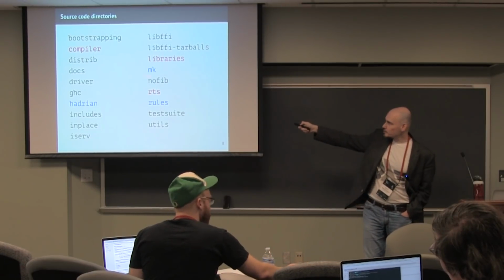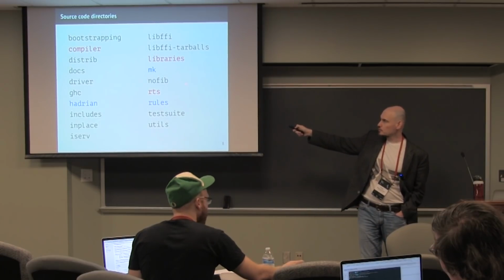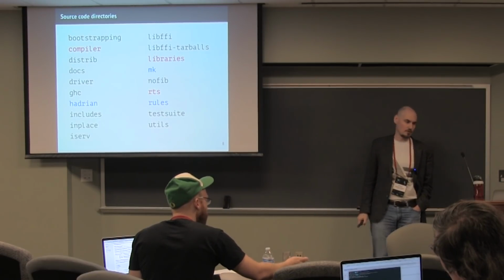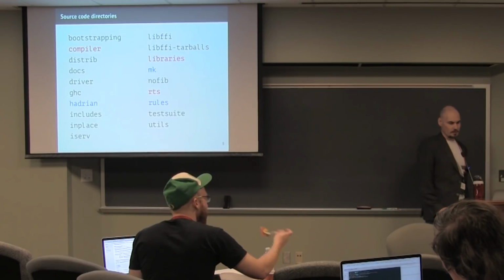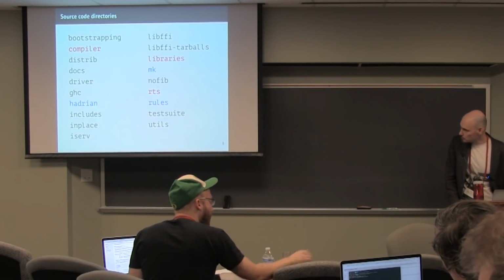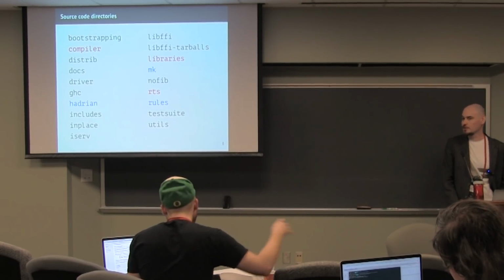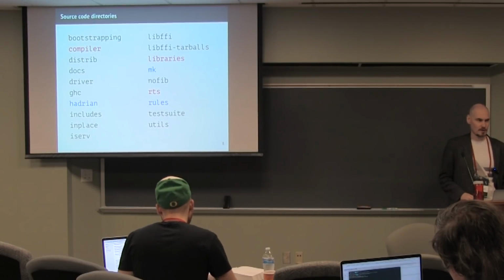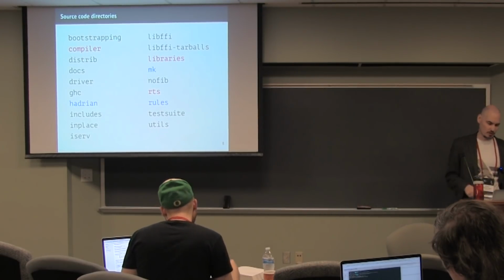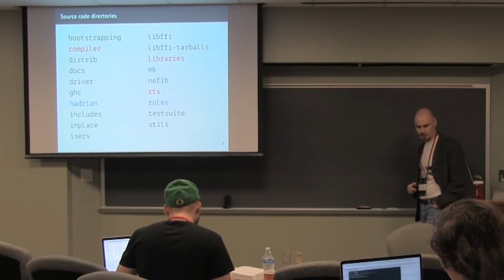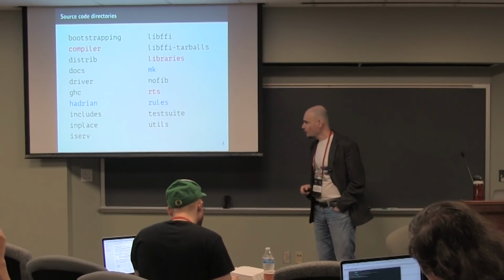NoFib is a benchmarking suite here. It's used for profiling. Test suite is tests, and utils is several files for different utilities which should be used during compilation, during compiling Haskell. All right, these are